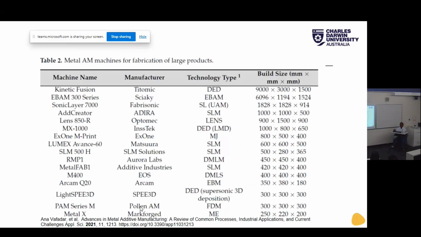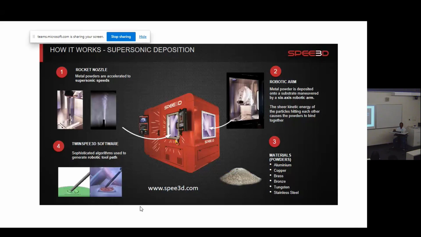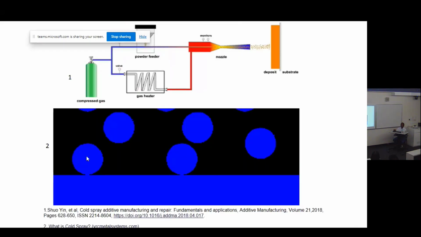I'll come back to this one a bit later, but I want to show you there is another method of producing the same part. That is using solid state cold spray. So in this cold spray, I'll come back to this. So in here, you can see what is done is